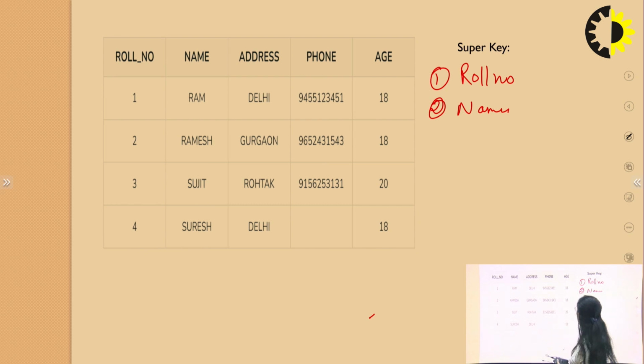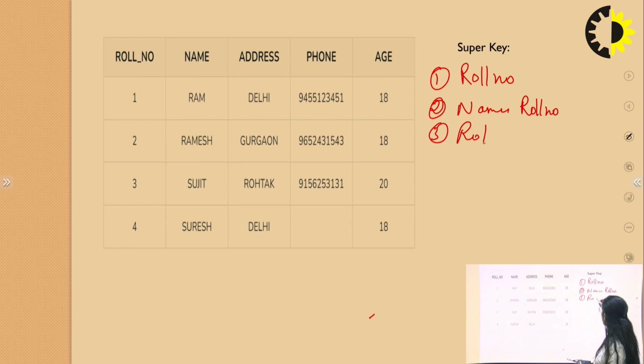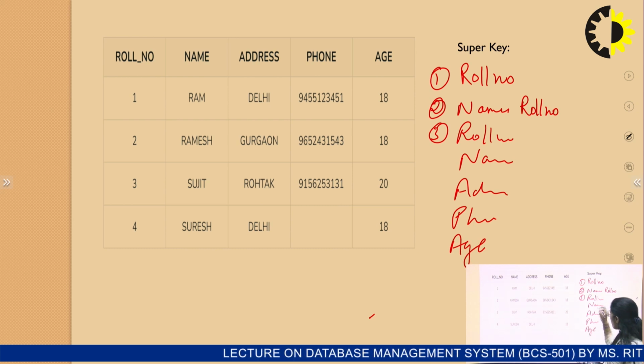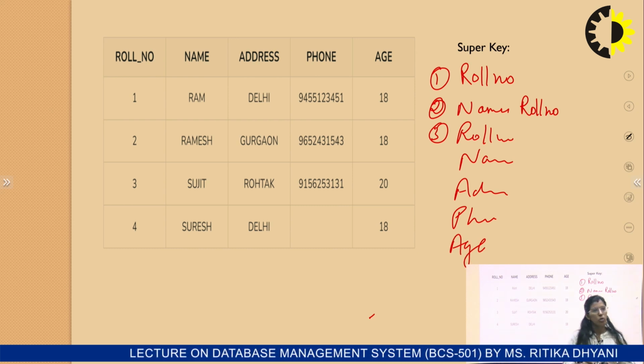So with name, let's say we have roll number. Now it will identify a unique tuple always. Next, address and phone number, address and roll number. Next is phone and roll number, age and roll number, even roll number, name, address. This is also one of the super keys. Phone number, age, all these attributes will also be considered super keys.